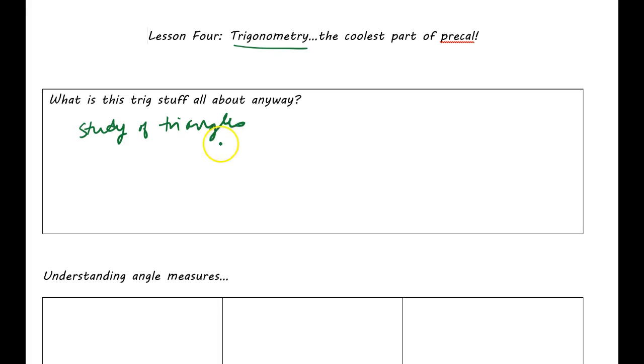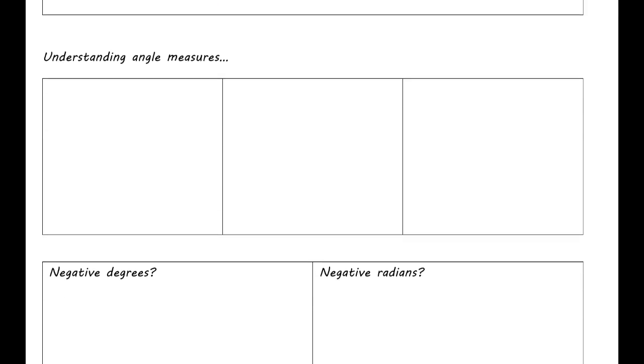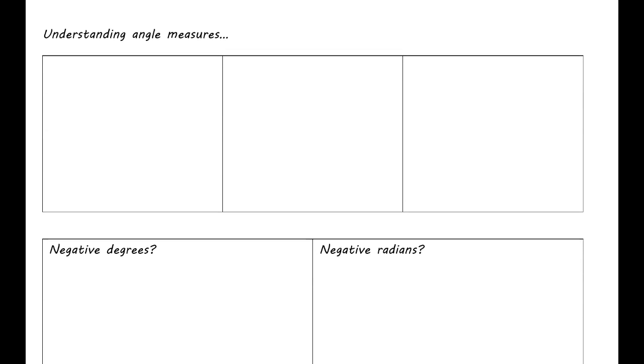But what's funny is that we first have to look at how these things originate from circles. And that's kind of interesting. So we'll talk a little bit about the study of triangles, but how they originate from circles. But we will do all kinds of solving, okay? We're going to be able to solve any kind of triangle. Even if it's not a right triangle, we'll be able to find sides and all that cool stuff. So before we can do that, though, we have to understand the circles they come from and how to measure a triangle, okay?